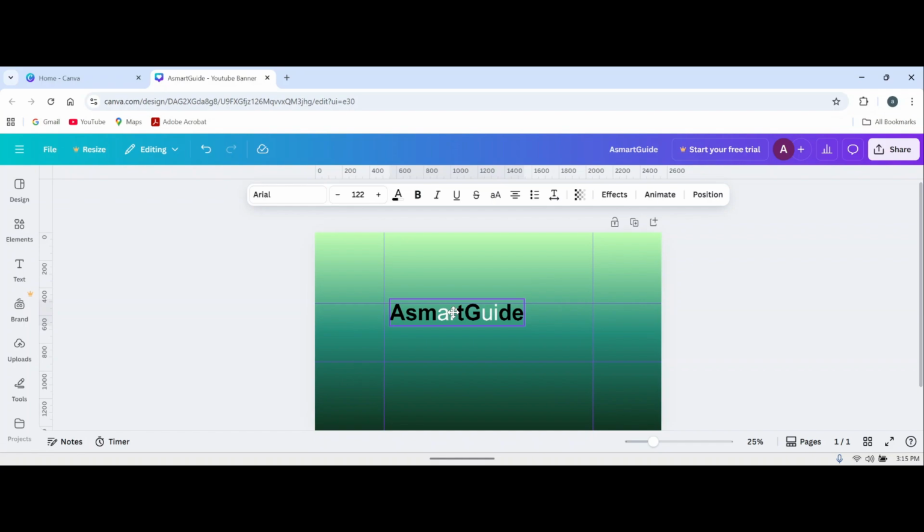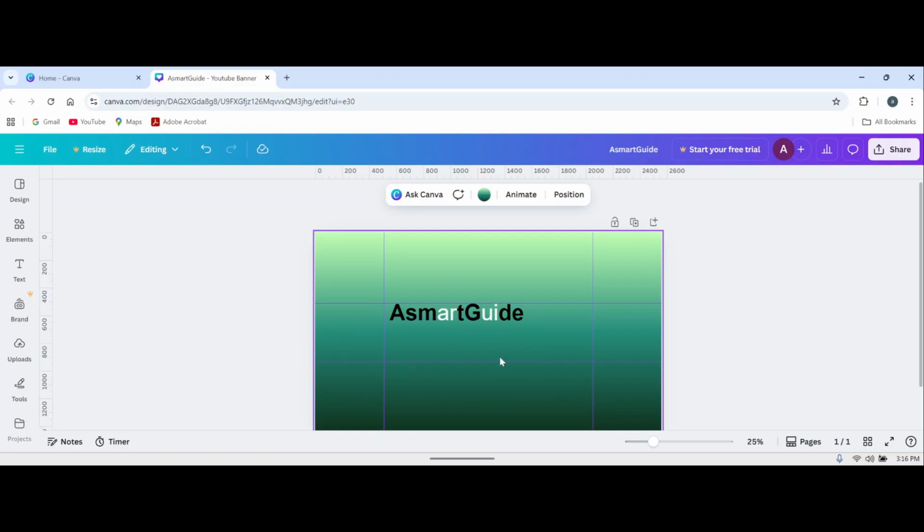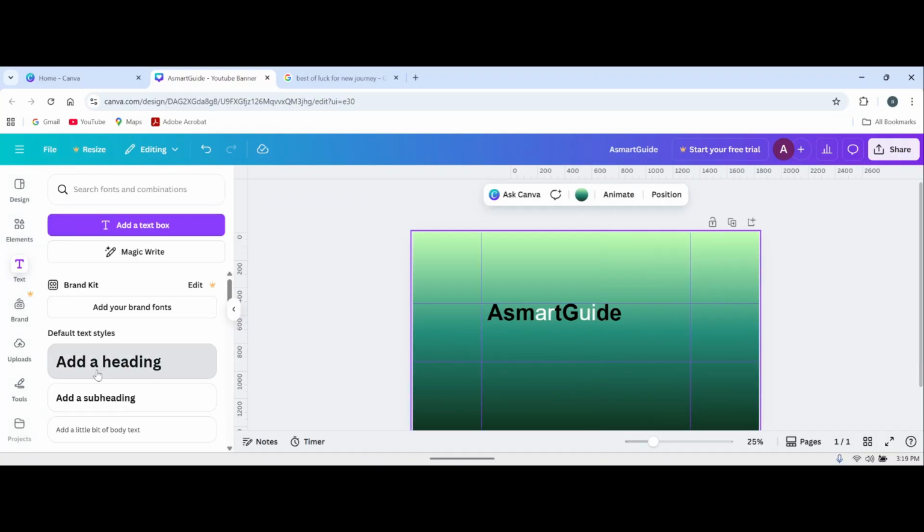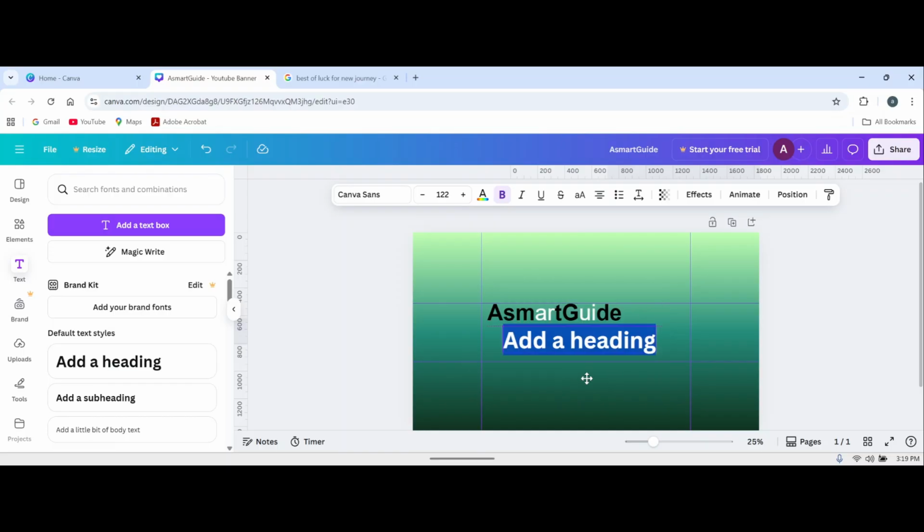It's totally up to you. If you want change then you can, otherwise you can continue with same. So now I need to add few words here. So on text and again add. Now I need to add,